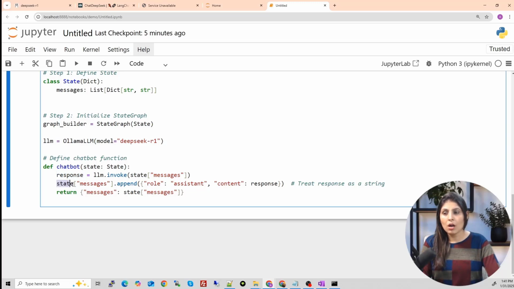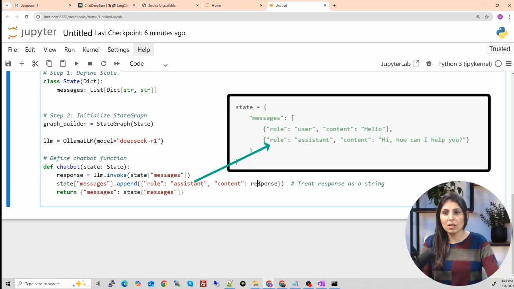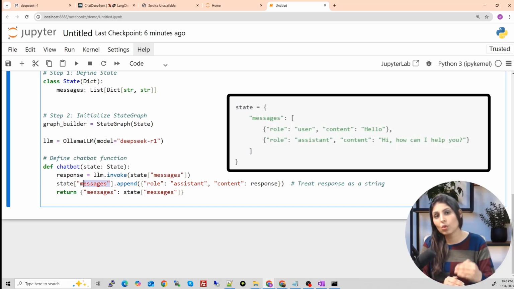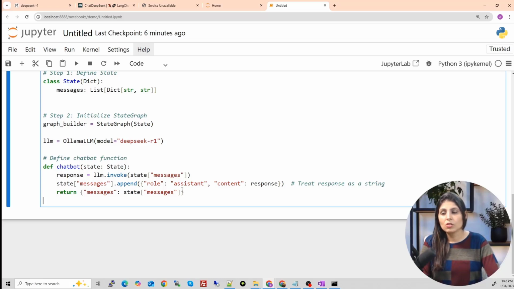Then we are appending to the state messages with the response which the chatbot gave: the role assistant, content response, the response which the LLM generated. So every time the user asks a question and the bot replies, all those messages will be appended in this state messages. So this is our function.